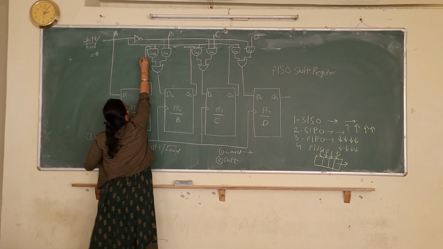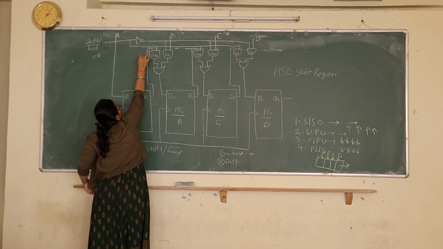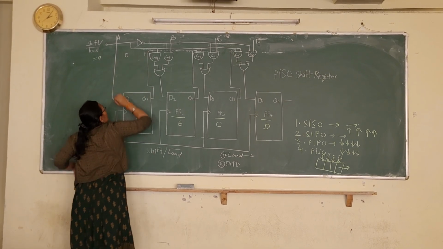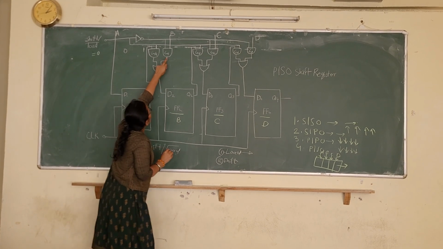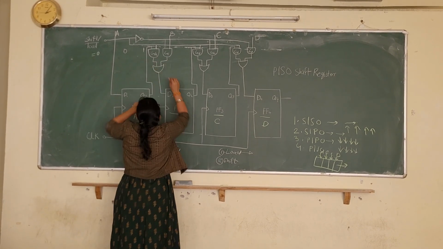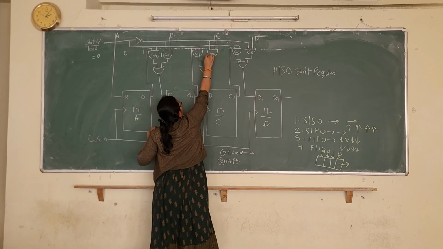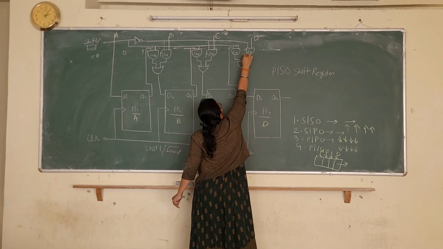That's why here you are getting an inverter. The inverter output is a 1 because the inverter input is a 0. That's why this is a 1, and this one is going to this gate here. For this gate, here 1. Again for this gate you are getting a 1, G2. Again for this G3 you are getting the input 1.